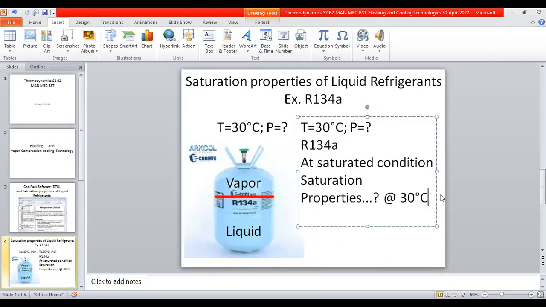Vapor and liquid together means two phase, so consider it's under saturation. Now you have to look for the saturation properties. So what I will do is,